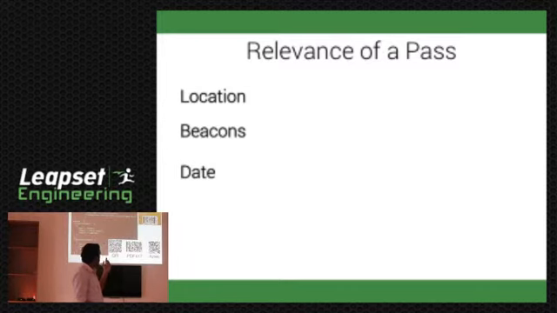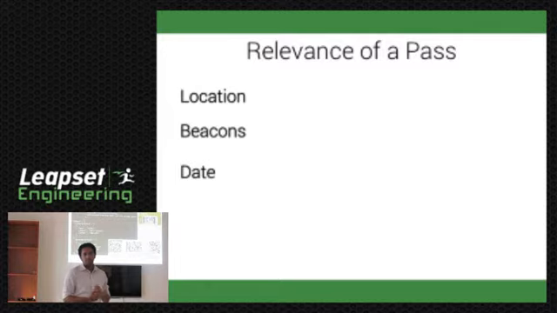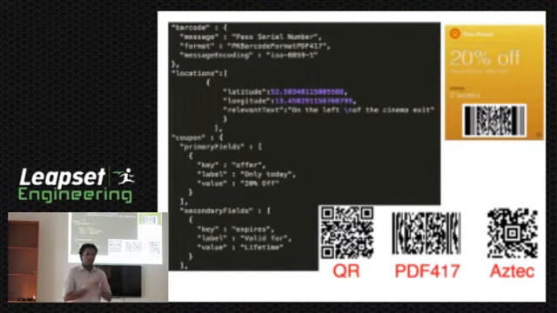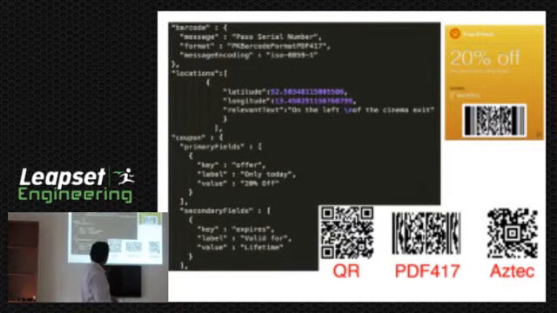So as you saw, passes have a sort of QR code up here. If you have a device that can read that QR code and talk to a server and get the information about that customer, you can do that easily. The best part of it is that the developer does not have to worry about creating this particular QR code. Say for example, this is a serial number of this promotion, and you want to see if it's valid or not from the server side, and you go to a camera, detect this QR code, and say this is valid or not.